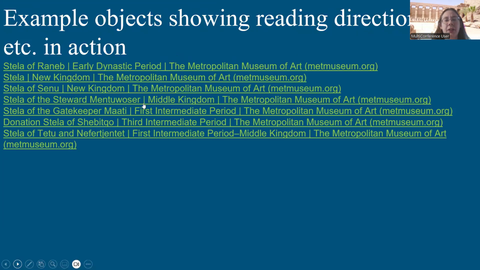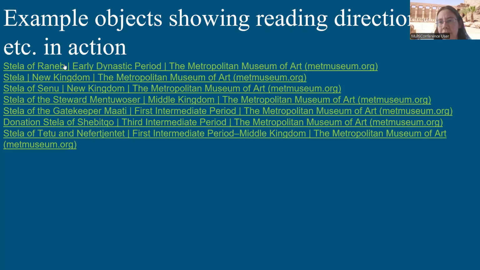All right, so these are actual objects, mainly from the Metropolitan Museum of Art, that I hope illustrate some of these principles that I have been talking about. So this is a stela from the Metropolitan Museum of Art, and the photo is by Anna Marie Kellin. And if you look at the image,